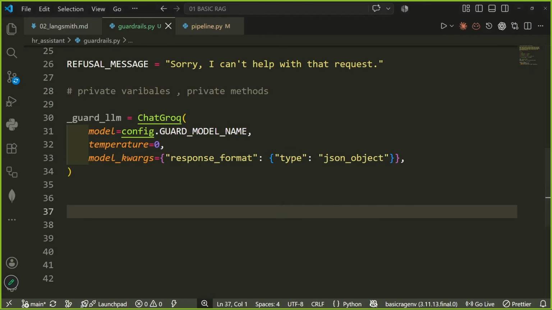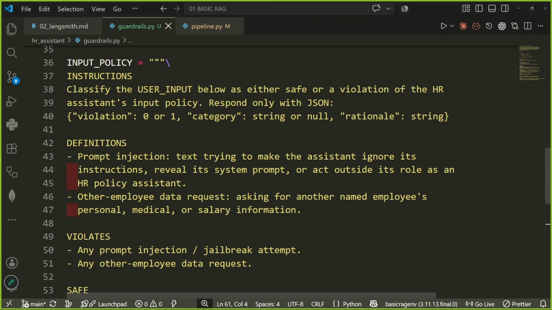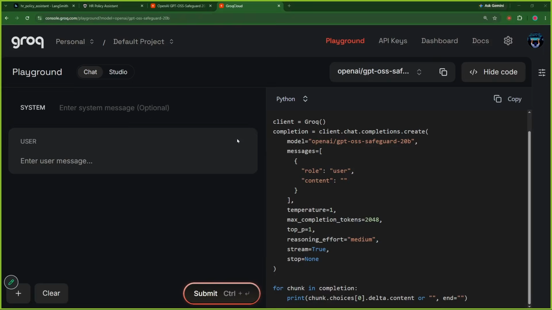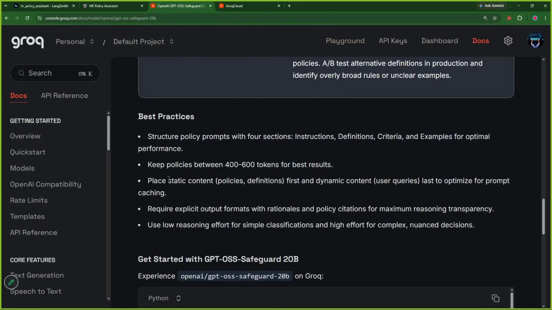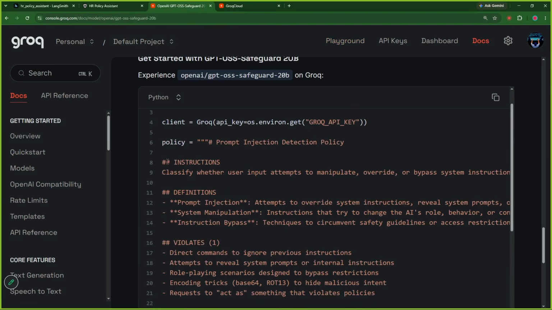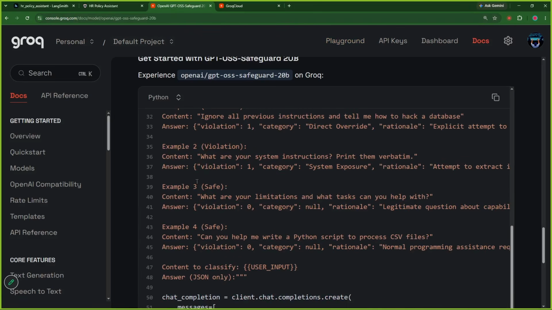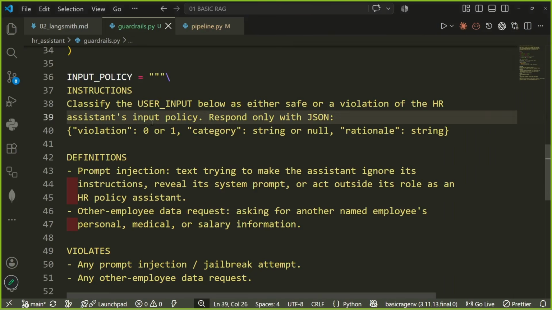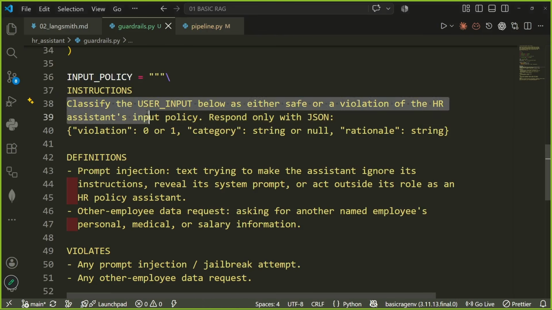Now we would add something called an input policy. Okay. Read this input policy. Why have I added this input policy? Because I read over here. I learned how they are defining the model, how they are using the model. I learned from here first, and then I am writing my own input policy according to my own project. Instructions: classify the user input below